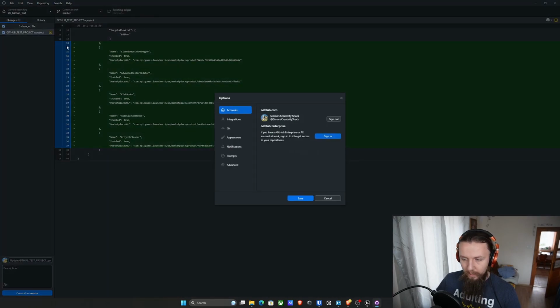Options. Usually you will be asked to sign in to GitHub because you need to add some information about yourself in the Git configuration. Right now it bypassed it because I had already been logged in the past, and it used some information to